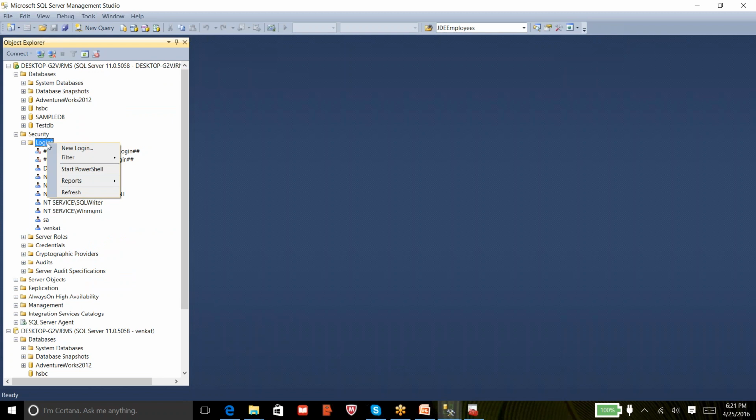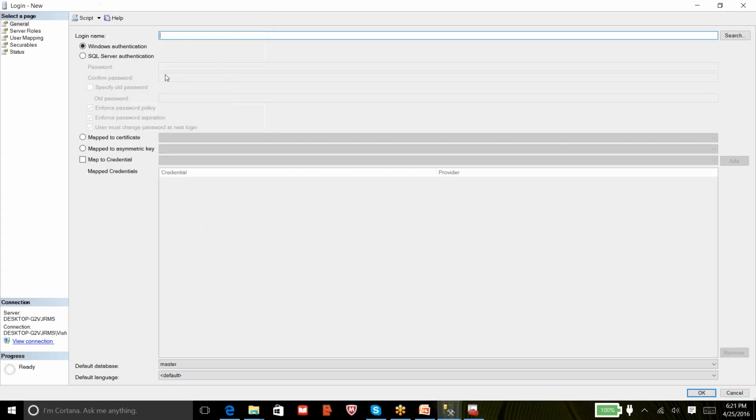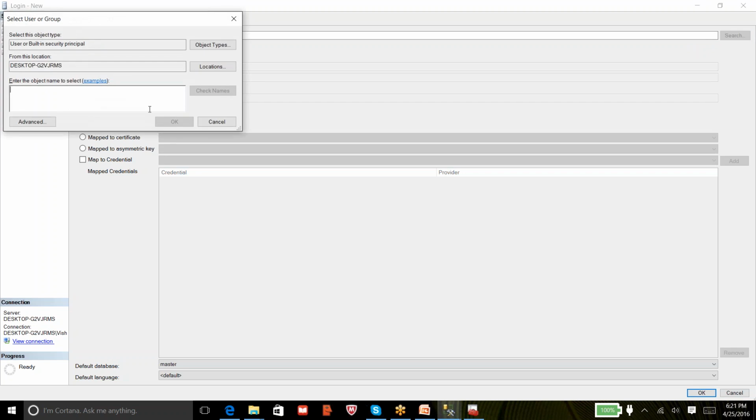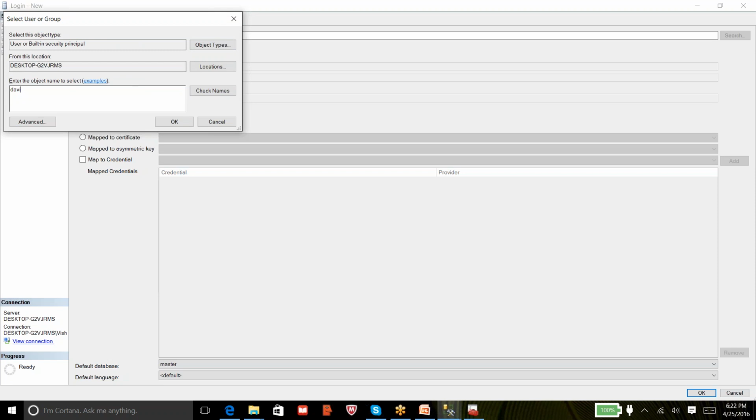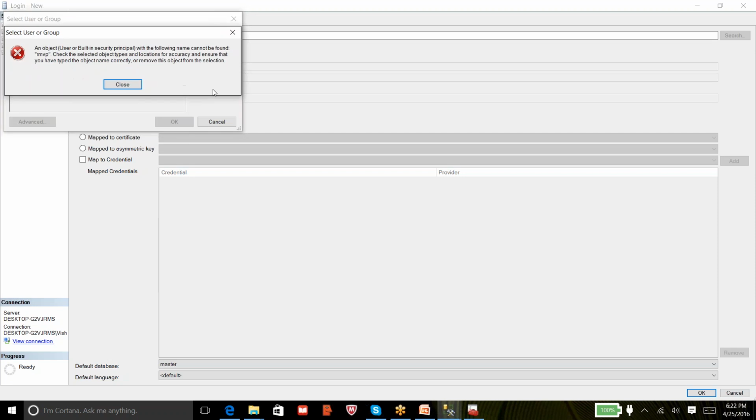new login, and instead of SQL, as I'm part of your organization, I should have an AD account. Then you click on search, type my name here, and do a check names. If I'm part of an AD group, it will automatically search in the Active Directory and pick up the name. But I don't have David on my machine, so I have a user with RMVP. When I do a check names,